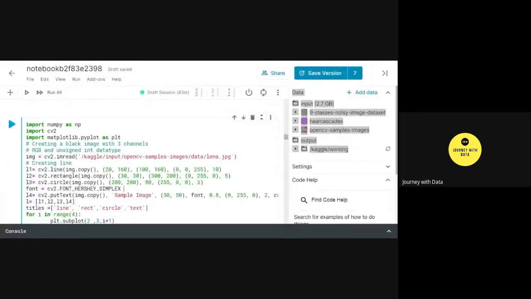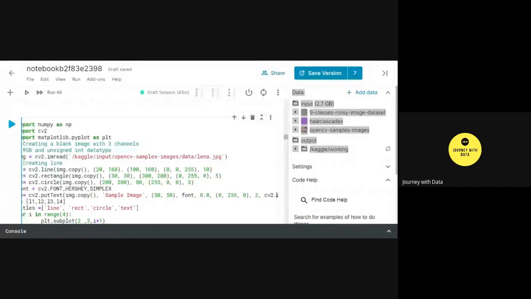Here I'm utilizing cv2.putText to write a text. I'm taking a copy of the image and then writing this text called sample image, utilizing the font that I've mentioned in this code, and then the font size, and then some other parameters.